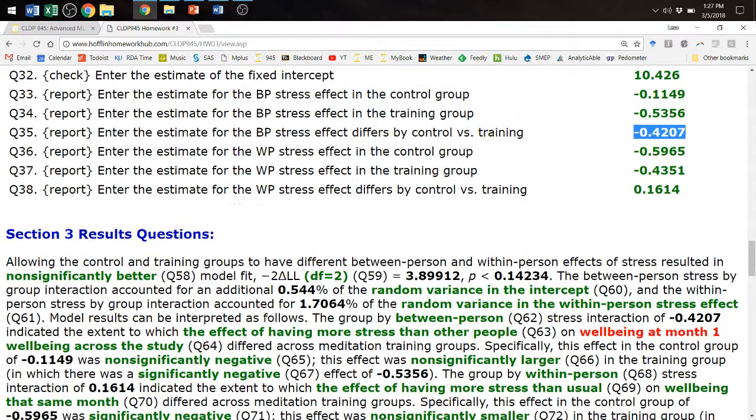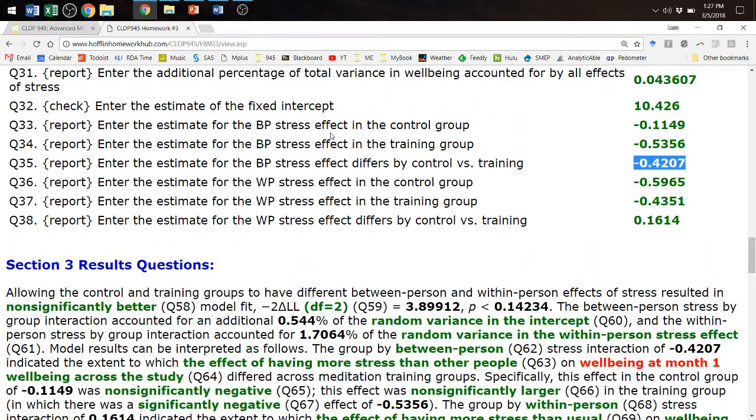So in this case, the specific effect sizes. Between person stress accounted for intercept variance. As a main effect, the main effect of group would have accounted for intercept variance. Therefore, between person stress by group would have accounted for intercept variance. Between person stress and group are both level 2 predictors, so that is a purely level 2 interaction. That makes it an intercept predictor.